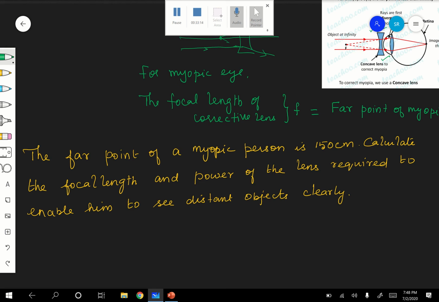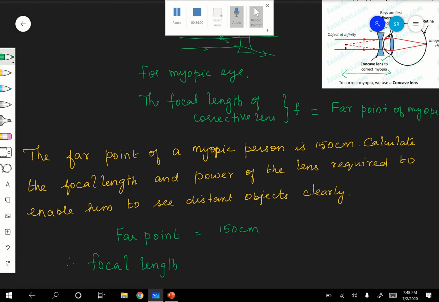The far point of the myopic person is given. The distance from the lens to the far point is how much? 150 centimeter. Very good. Calculate the focal length and the power of the lens required to enable him to see the distant objects clearly. Which lens do you have to use? Which lens is to be used? A concave lens, correct? Therefore, the focal length